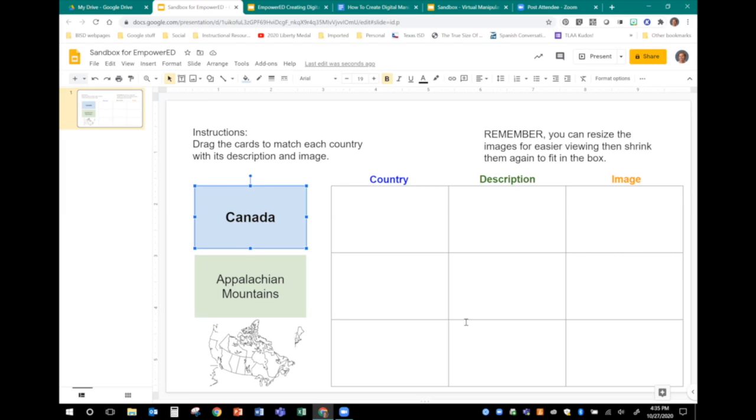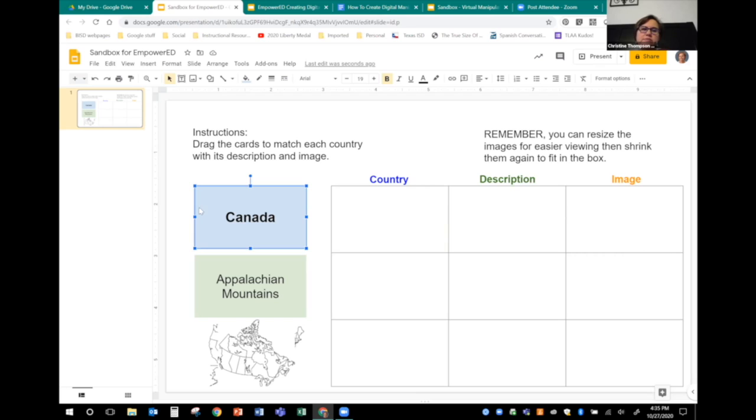Christine, we did have some people just join, so you might want to just do a quick review of where we are. Okay, so what we have done so far is we have created a little sandbox, a little area to work in. We've put in our instructions, made ourselves a chart, color coded that chart, and made cards within the chart.